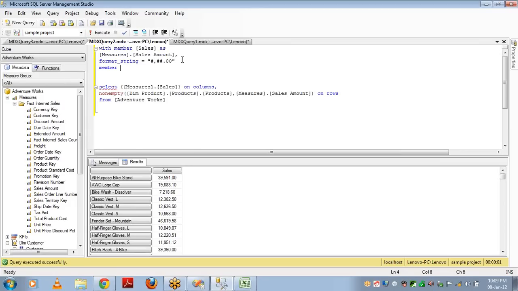What is the total sum of all these products? So how can I get the sum of all the products? I can take the parent value. Parent is all level, and all level means it's the sum of all the products. Let's see how to do that. Member total sales as